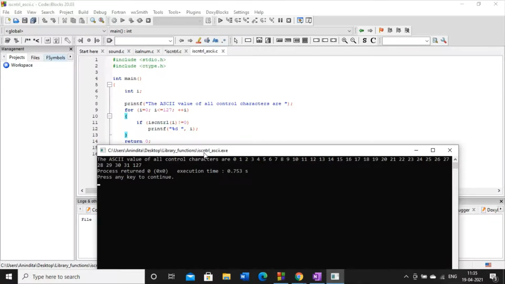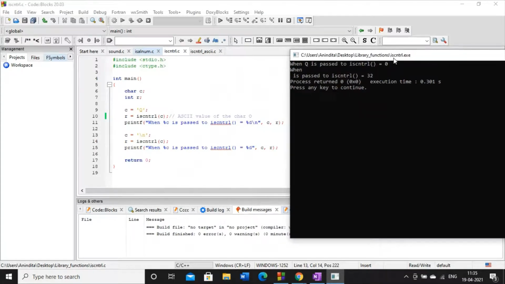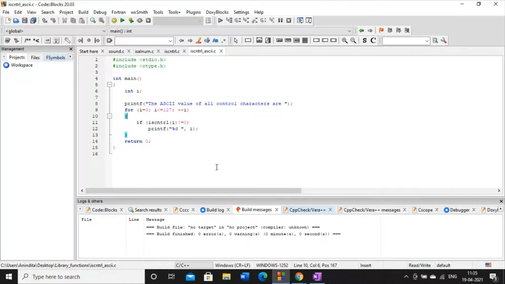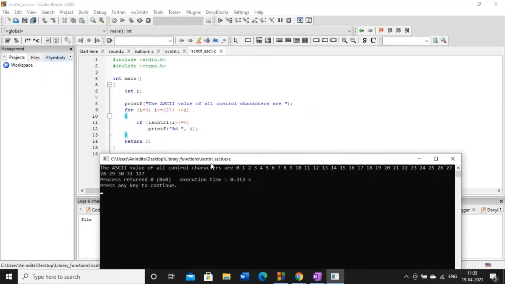Whenever we use slash n, slash n is an escape character. For slash n, it is showing 32. And in this other case, slash n is a particular escape character, but it is not showing 32. What is the reason behind it? Actually, the problem with the escape character is that we are dealing with a standard library function.